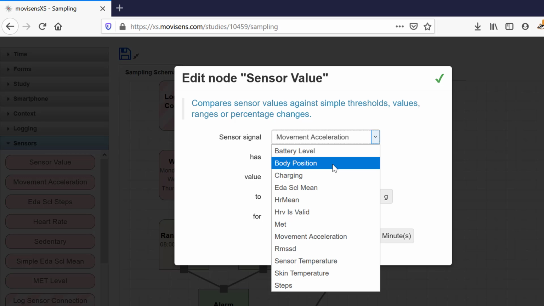Now, important to note, the location of the sensor on the participant's body will be critical for allowing you to determine certain body positions. You won't be able to determine seated or standing if it's on the chest, for instance. There's not enough information there. Or if it's on the wrist, you don't know if the person is sitting or standing.